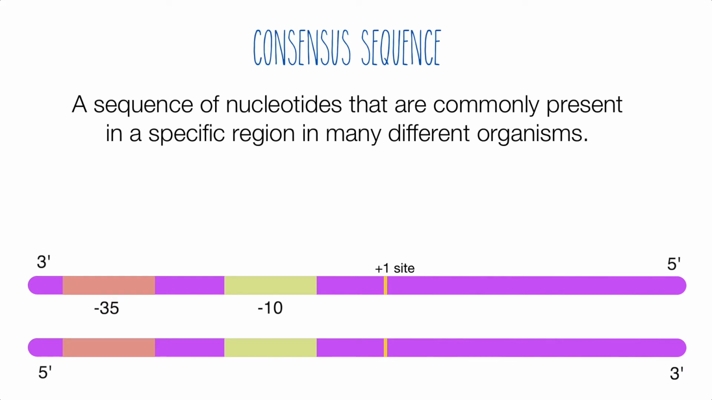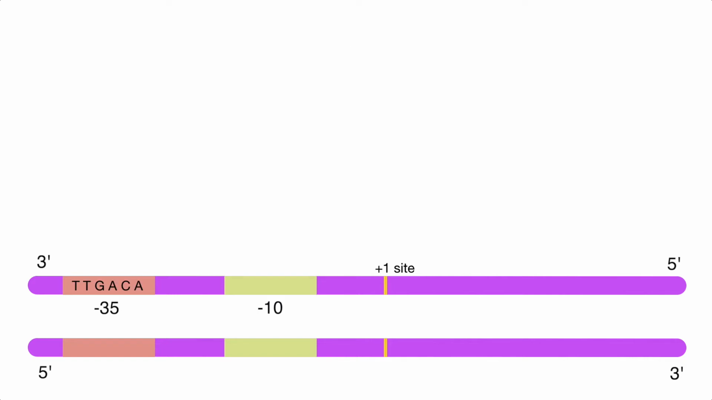Consensus sequences are sequences that contain nucleotides commonly found in a region. Usually in bacteria, the -35 sequence is TTGACA, and the -10 sequence is TATAAT. These sequences are named -35 and -10 because they are 35 and 10 nucleotides upstream of the +1 region, or